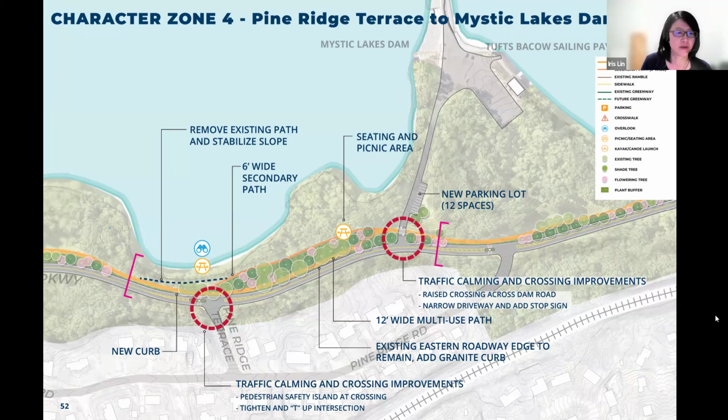Here, some existing trees will need to be removed because of the narrow condition on top. But we are able to provide new tree planting as well. This portion is also a good opportunity to provide an overlook and additional seating elements along the secondary path. And at the intersection of the Mystic Lake Dam, we are proposing a tabletop crossing